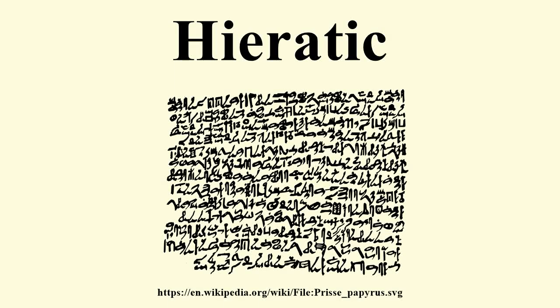Hieratic is a cursive writing system used in the provenance of the pharaohs in Egypt and Nubia. It developed alongside cursive hieroglyphs, to which it is separate yet intimately related. It was primarily written in ink with a reed brush on papyrus, allowing scribes to write quickly without resorting to the time-consuming hieroglyphs. Etymology. In the 2nd century AD, the term hieratic was first used by Saint Clement of Alexandria.